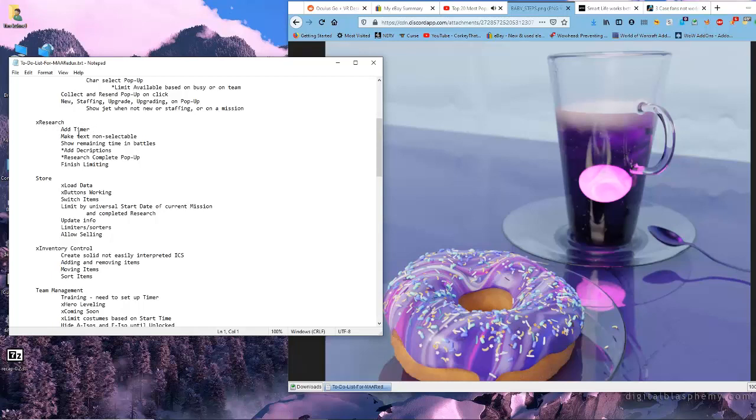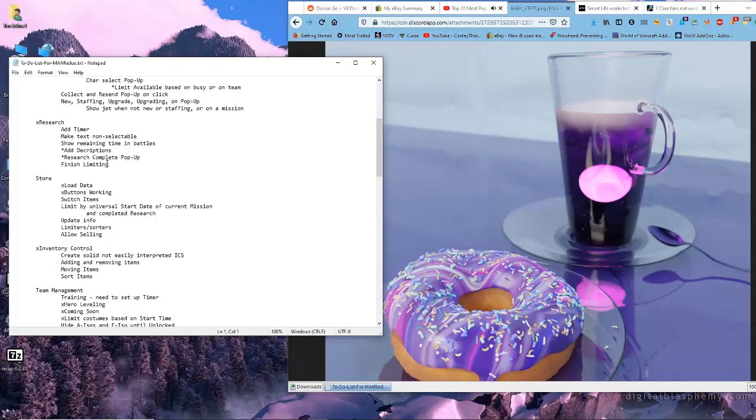Alright, so research is done. The whole category of research is done there, of adding timers, making the text non-selectable. So right now you can actually edit some of the display fields in research. Show remaining time in battles. Add descriptions, research complete pop-up, and not too sure what finish limiting is.